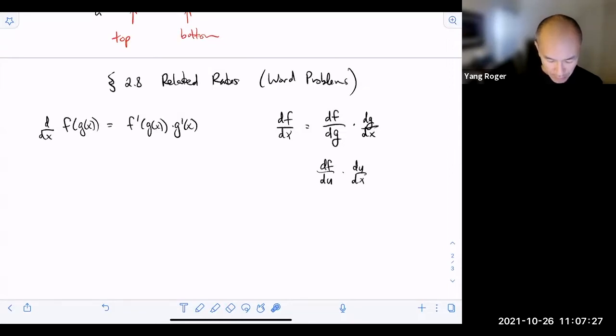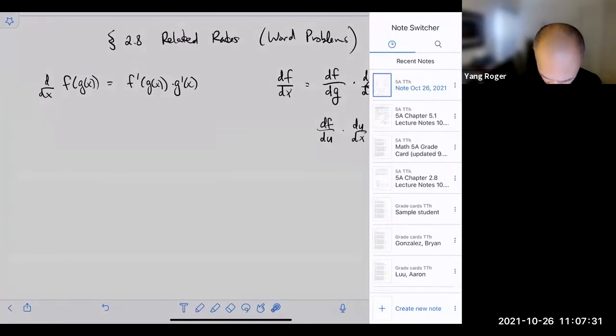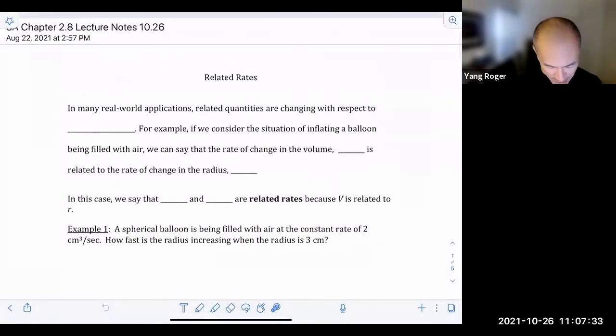And why don't we take a look at the worksheet? I didn't make a video of it for some reason. I don't remember why. Or maybe I did and I lost it. I don't know, but